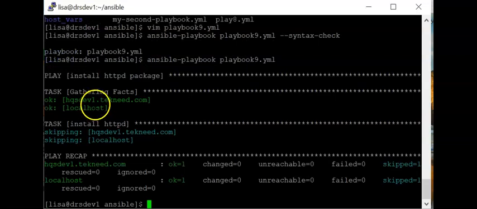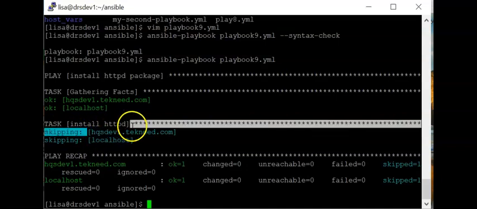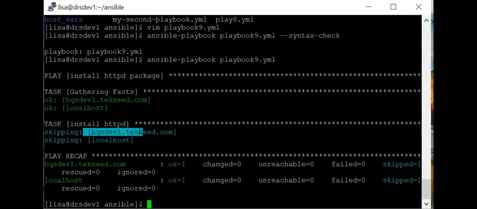You can study what is happening here. When you study what is happening, you can see the play which is install HTTPD package. These are the facts that have been gathered, and you can see install HTTPD. You can see that the task skipped. You can see skipping is skipped for this host, and it also skipped